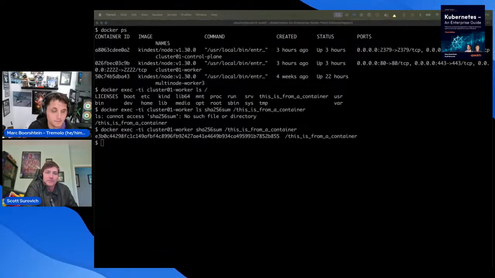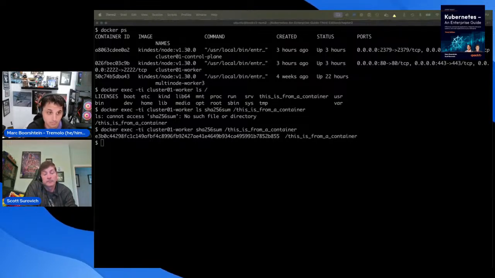I know Ian Coldwater has said this multiple times, and a lot of security experts have said it: Kubernetes is not secure by default. And you can't really expect it to be secure by default either, because what is secure to you might not be the same as what's secure to me, right? We might sit here and joke about, oh, there's a kube config on there. Well, there's always going to be a kubelet config on there, and the kubelet API is a hell of a lot worse to manage than the Kubernetes API.